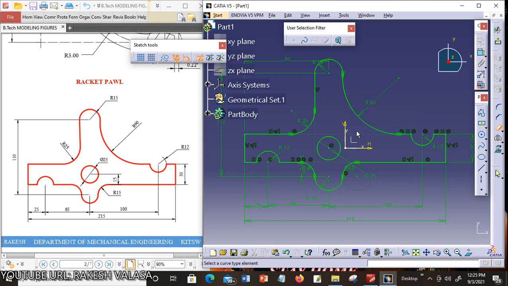Hide or show. Next this vertical dimension, hide or show. One curve dimension is already given, so now I'm hiding this other dimension, so you don't repeat the dimensions.